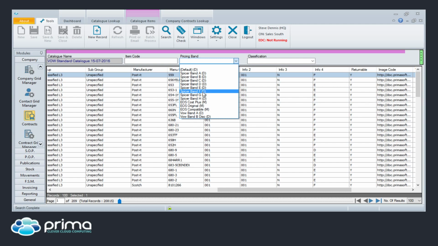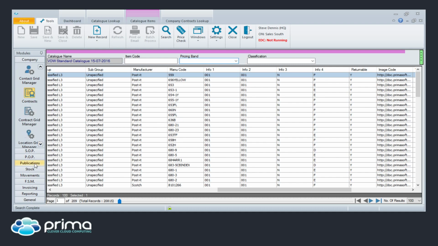So if you do wish to continue with the discount from RRP model, we really strongly insist that as part of the catalogue import process, this section is being updated. We've recently put an auto mapping section in the admin area, or you can do it manually via the publications grid manager, and you can go in and find all the items in a particular catalogue by the band letter. If I just show you that quickly,